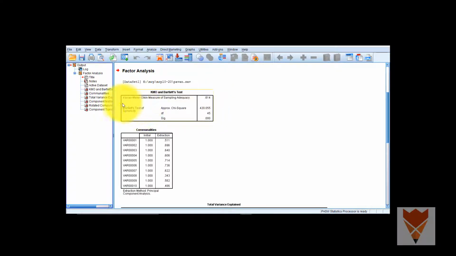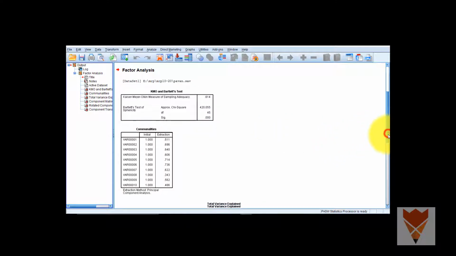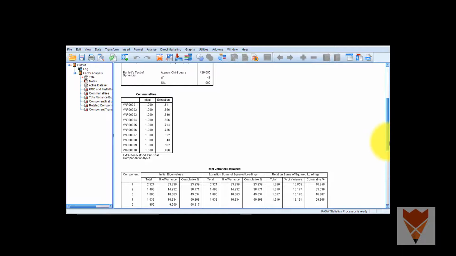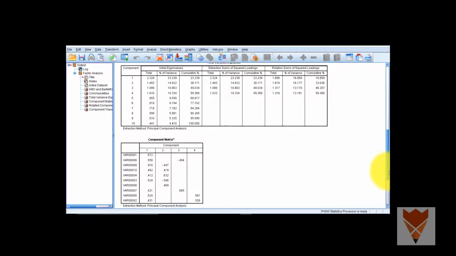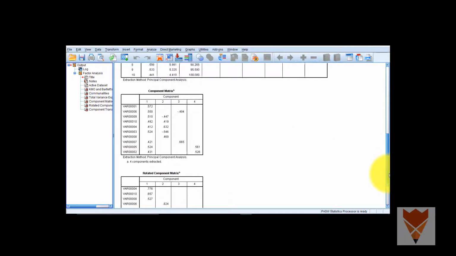And then you go to check Bartlett's test of sphericity, and this should be significant. Whatever the value is, it should be significant. That means the matrix should not be an identity matrix, where on the diagonal the value is 1.